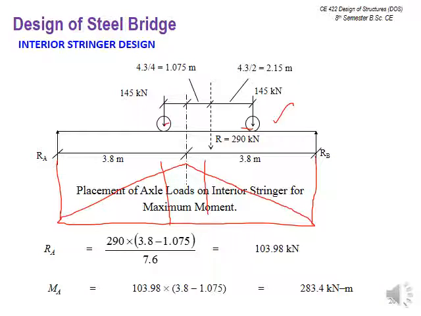Any position you can select by yourself. Here one of the positions is given. If you get your answer in any other location or position, you can report that. So this is not the final answer. This is just one option, and you can change the option, change the distance, and go for your answer.